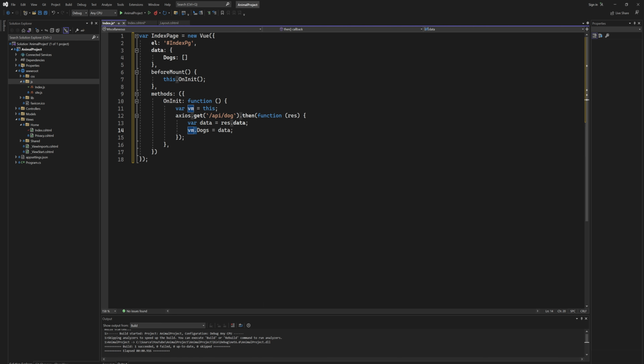And this vm I have defined just outside of Axios here, and this is just something that I've always done, so you don't have to do it. You could do this.dogs, but I prefer doing vm.dogs, and that's fine. So now if we build this all out and save everything, and we do Ctrl F5,